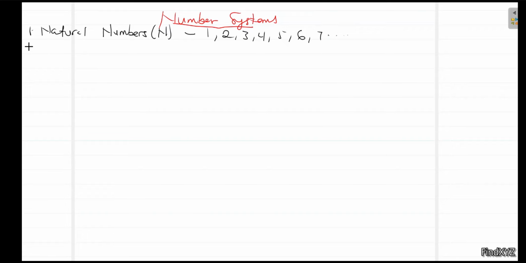Secondly, you realize that 0 cannot be found there. That's where whole numbers come in. Whole numbers decide to bring 0 along, so whole numbers start from 0, 1, 2, 3, 4, 5, 6, 7 in that order. The reason why this is very helpful is that the addition of 0 in mathematics brought a